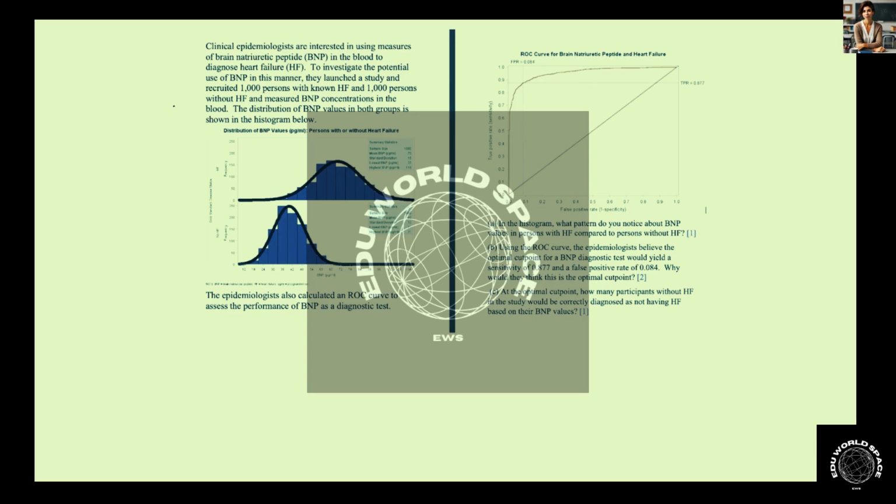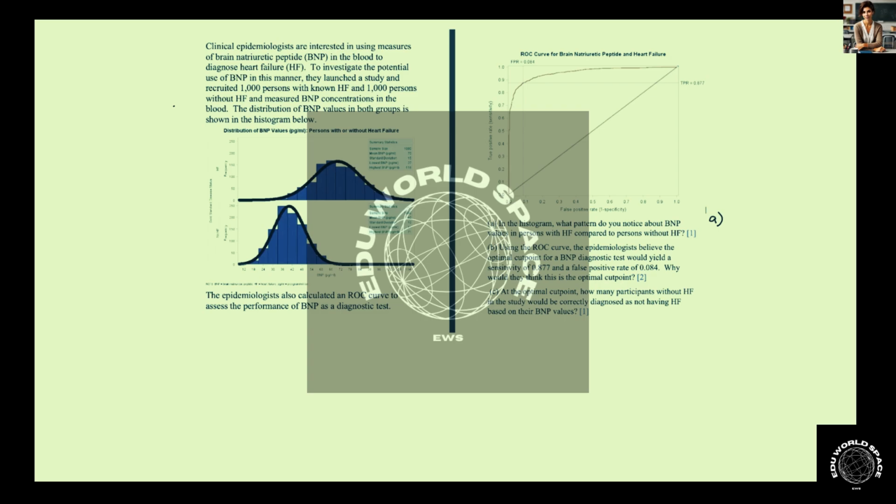The epidemiologist also calculated an ROC curve to assess the performance of BNP as a diagnostic test. In the histogram, what pattern do you notice about the BNP values in persons with HF compared to persons without HF? So this is with HF, and then this is without HF. So in the histogram, we can see that the BNP values in persons with HF are generally higher than those without. So for A,